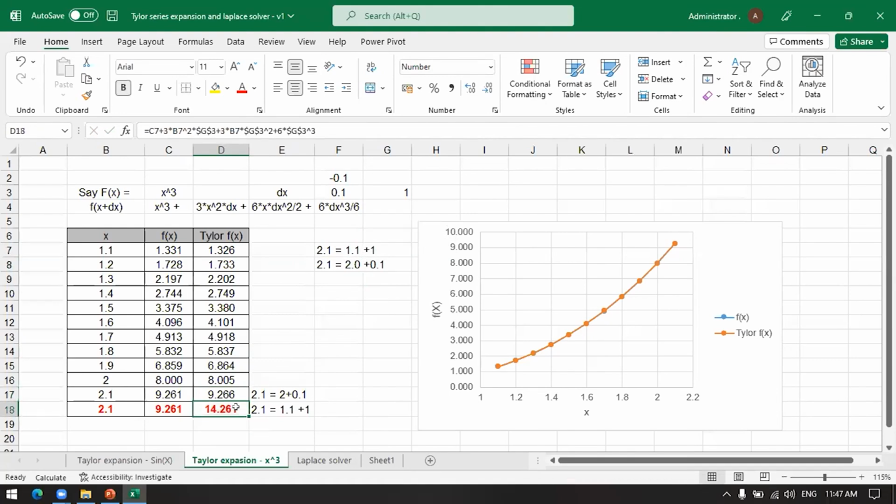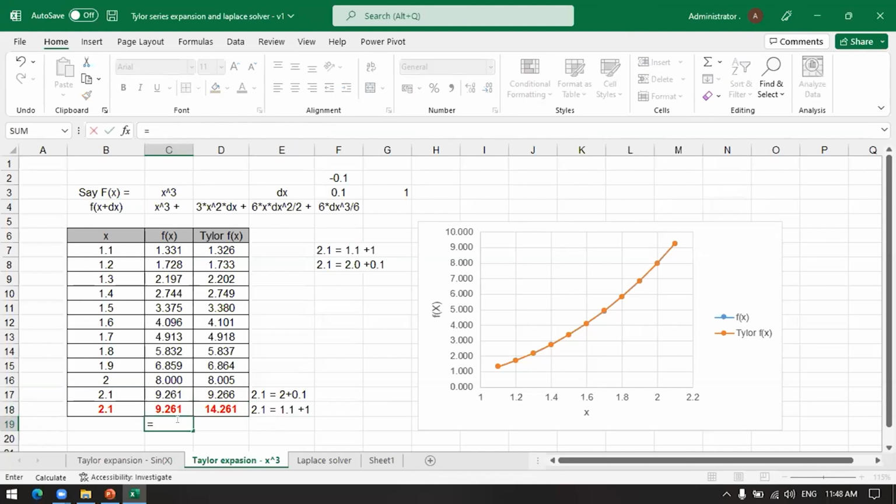So what I conclude is, if I use a very high value of dx, then my error in estimating the value of f of x is very high. If I do it in terms of percentage, I have an error of about 54%. So the conclusion is my dx has to be reasonably small for all the numerical estimations to work. Is it clear now? Yes, no?